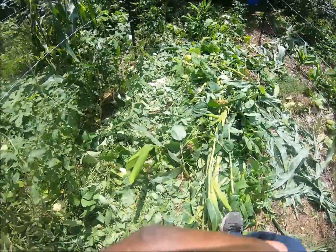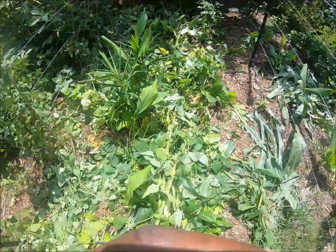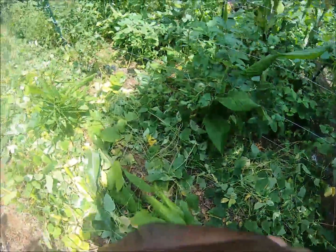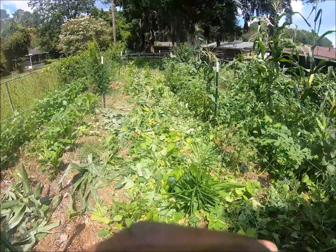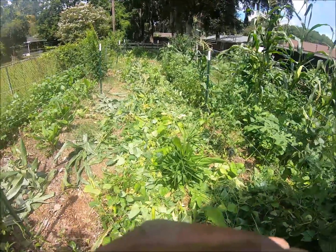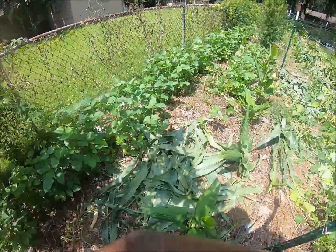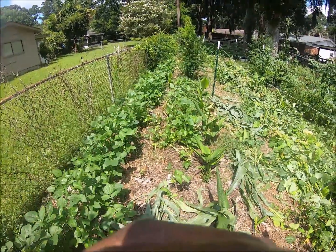In about 2 or 3 weeks, or when the other corn is ready, because it's about 3 weeks behind this section of corn, we'll do the same to that section. We'll chop and drop it, and we'll lay it down and provide mulch for the turmeric that's in that section as well. And like we said, when those peas are done here, we'll let the chickens in here